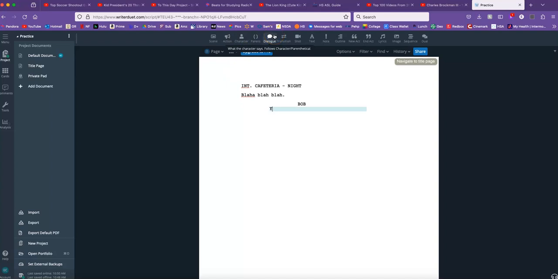So maybe Bob says, yo. But then I also want him to pick his nose at the same time. So I typed a parenthesis, and in a script, that's when you're giving the actors instructions. So I would just write picks nose. And notice how it's got parenthetical. That's the thing that's highlighted, which means it's formatting it correctly down here. So pressing enter and paying attention to what's happening up here, this whole program is really intuitive and is going to do all that formatting for you as long as you're actually